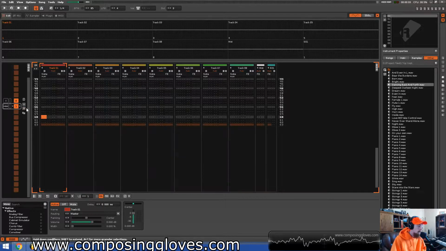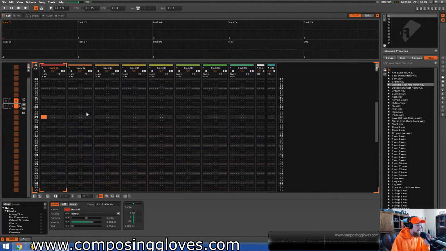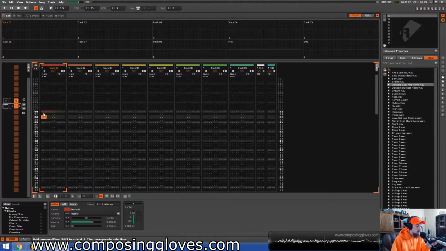When you create a new pattern, though, it'll go back to 64. If you want it to be permanent, you have to go into song options and so on. But anyways, that's this. And now you put down your instructions here, and each track will tell